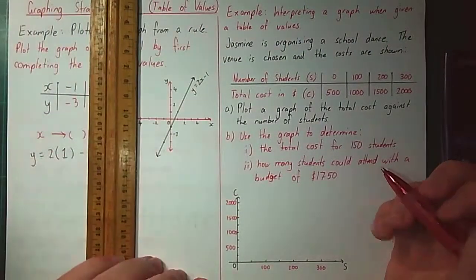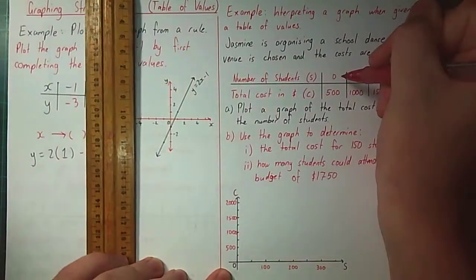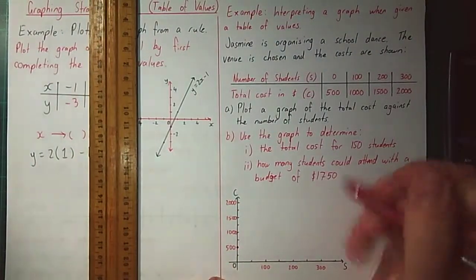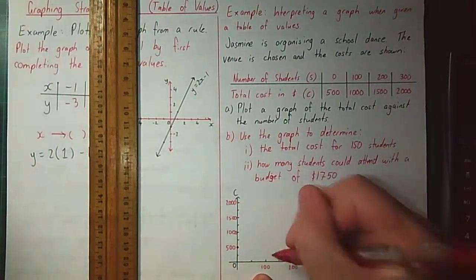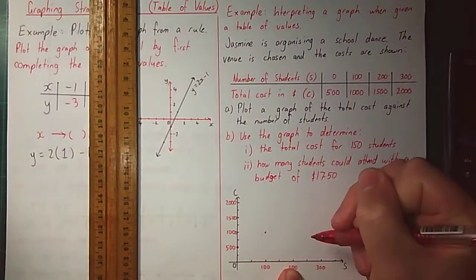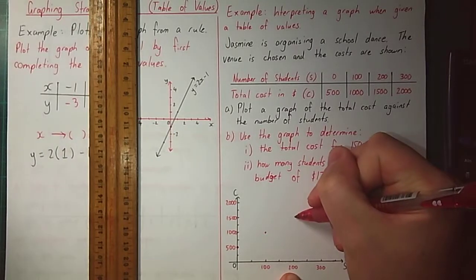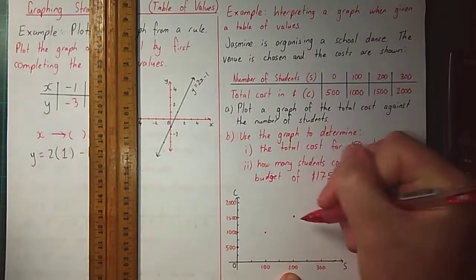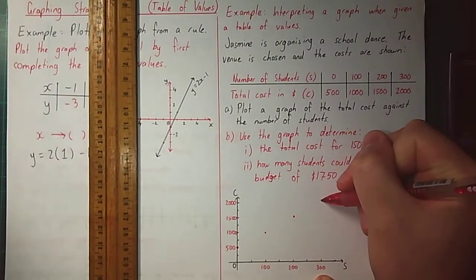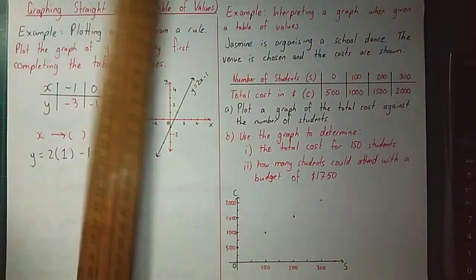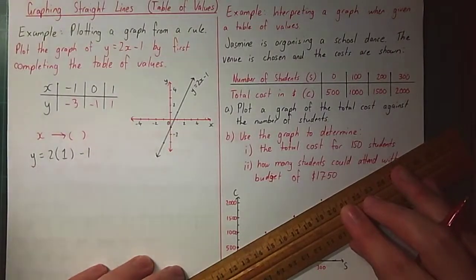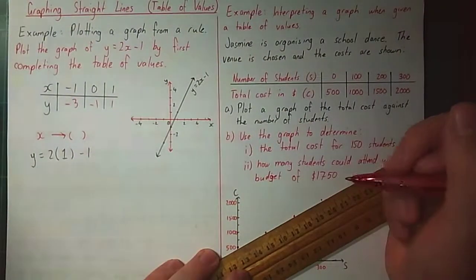Now that we've done this, we're going to plot these points. Okay, so when S is 0, C is 500. Okay, so I'm going to do a dot there. When S is 100, C is 1,000. So we're going to have a dot there. 200 and 1,500. And 300, 2,000. Now if you have grid paper, this is a lot easier, but if you don't, just give it your best shot. You can rule lines, whatever you need to, just to get an idea of how that will work. Now I've done that, I'm going to connect all the dots,